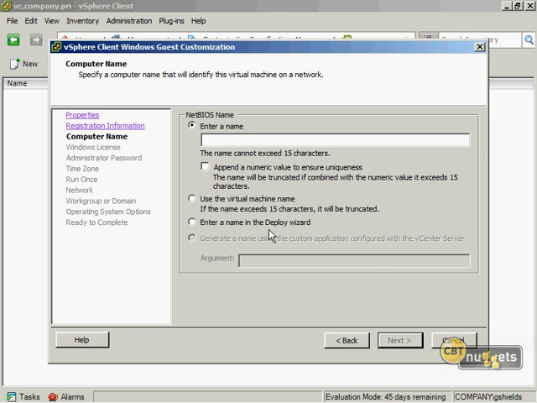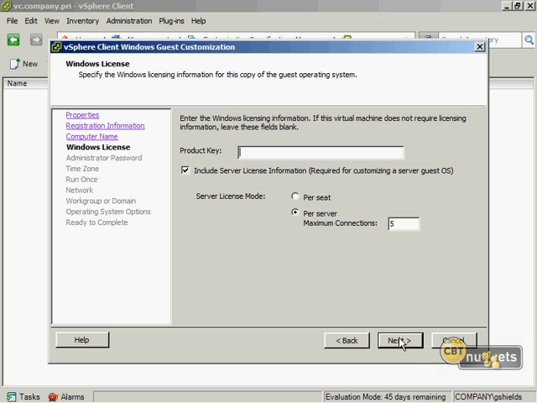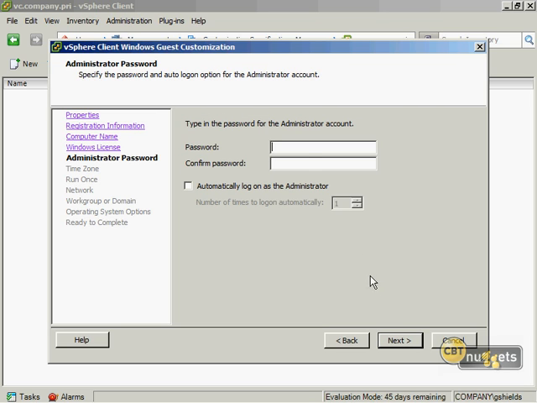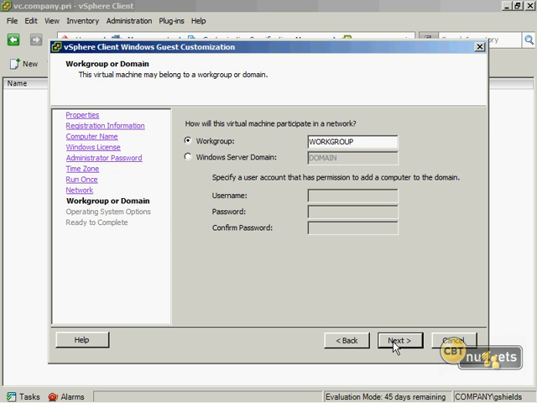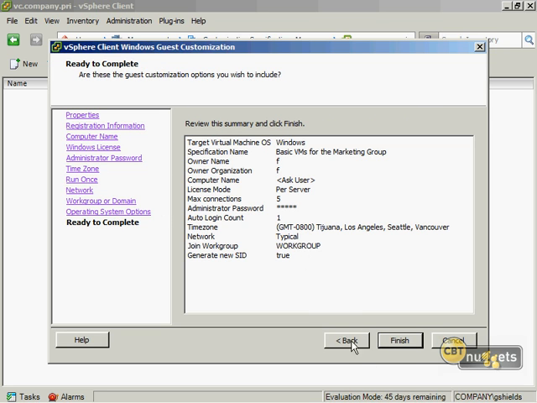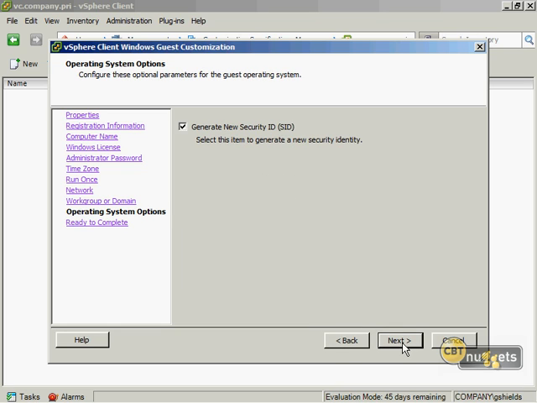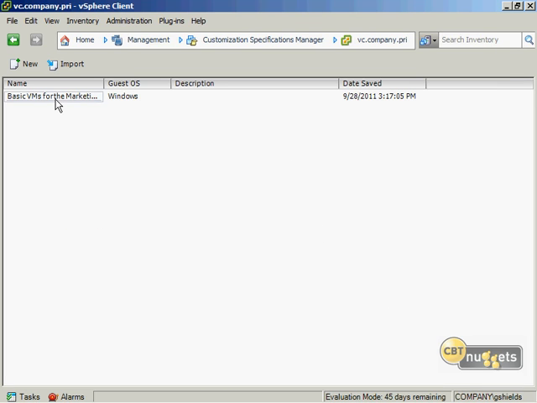before, run the name of the deployment wizard if I want to, and then answer everything on behalf of those marketing people so that when they know that they need to go deploy a new virtual machine, they're going to get the ones in the specific configuration that I think is the right way to do things. This is cool. So, I don't know, let me just flip through the rest of these and punch in passwords and things just so I can get the whole process completed here, and I'll put it all in the workgroup and make sure that I always change the security information here because that makes sure I have a unique computer. And once I've done, I've got this nice basic VM for the marketing group,